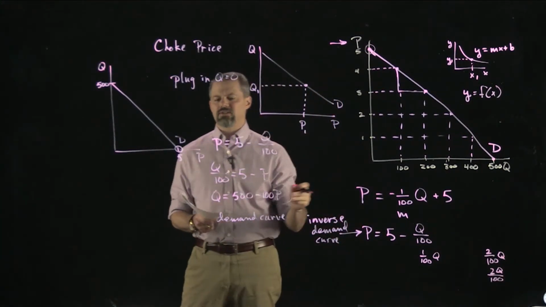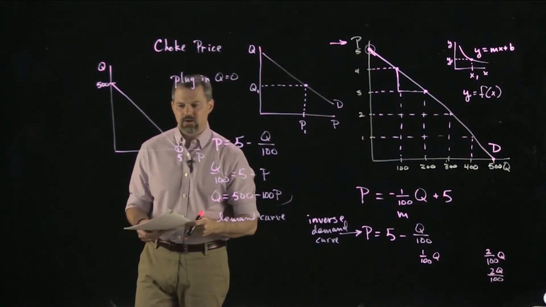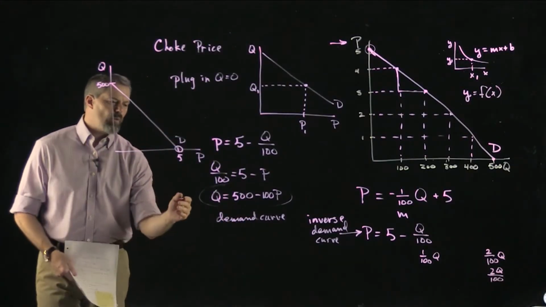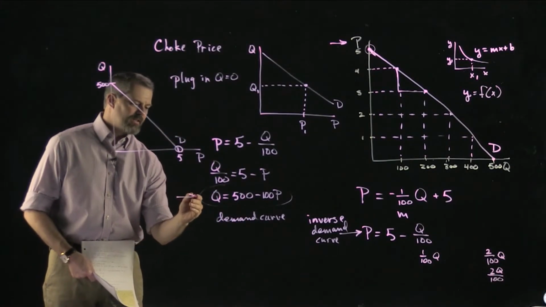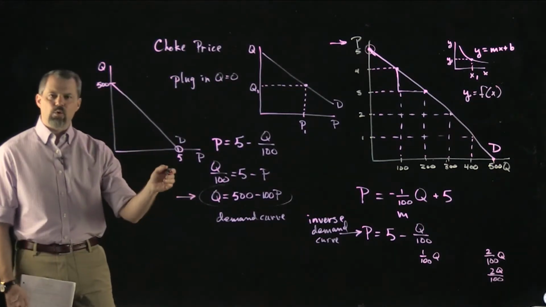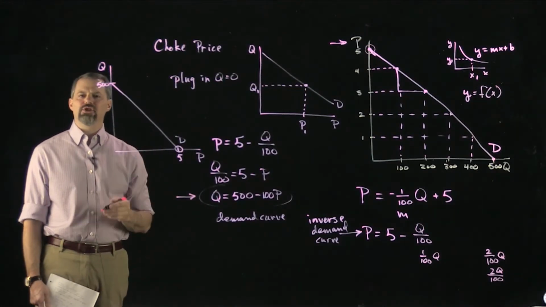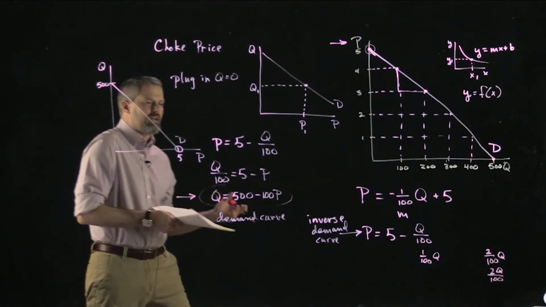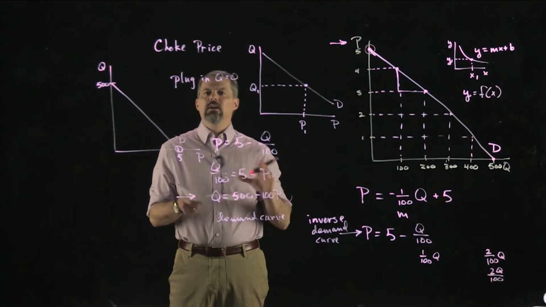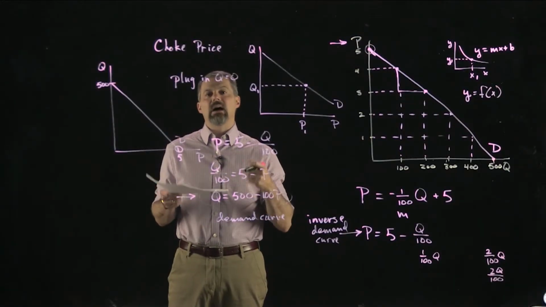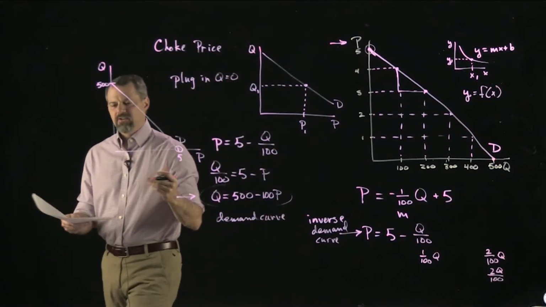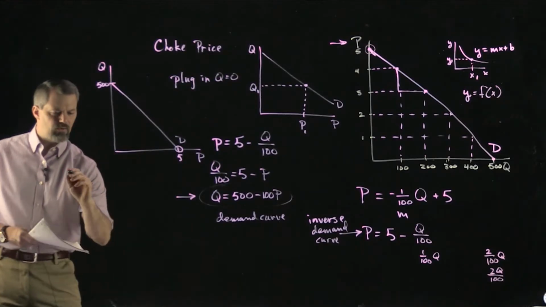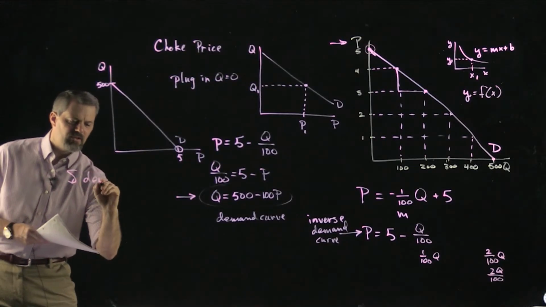What we want to do now is talk about a shift in the demand curve. And so let's think about how we're going to adjust the functional form for a demand curve if demand shifts. Now, in a principles class, we would just talk about maybe income going up and demand increasing. But now we're going to be very precise about how much demand changes. So here's what these would look like. Let's suppose demand increases